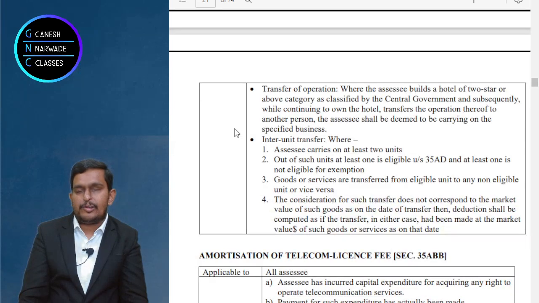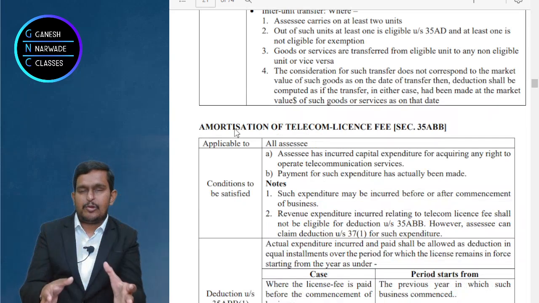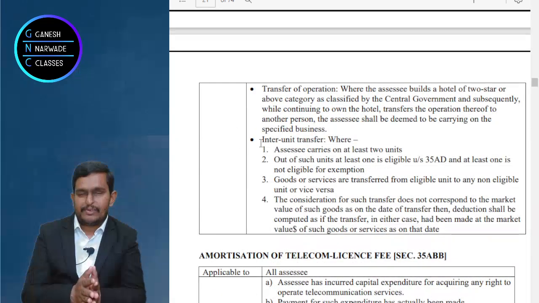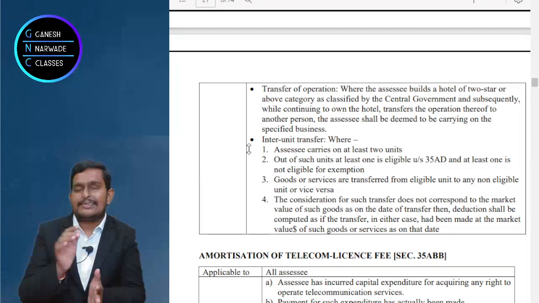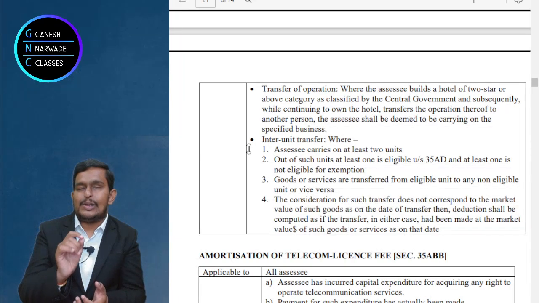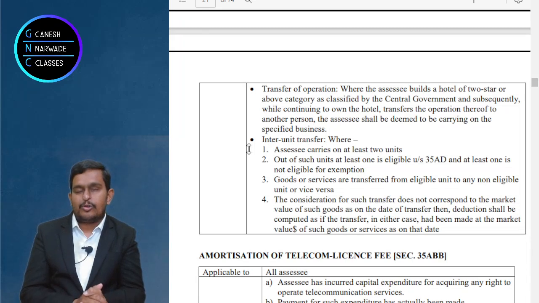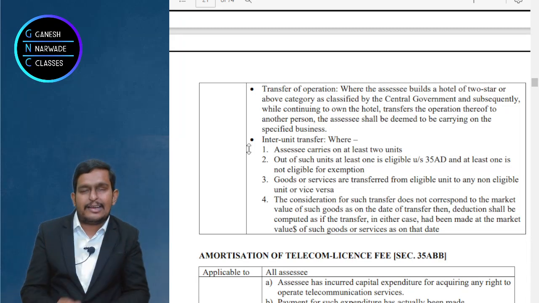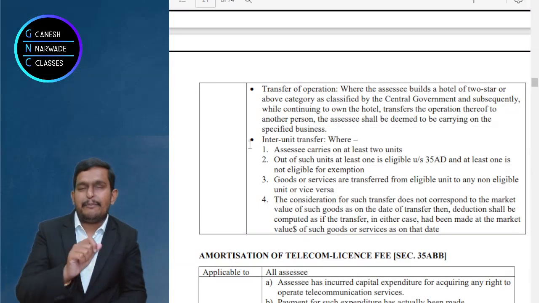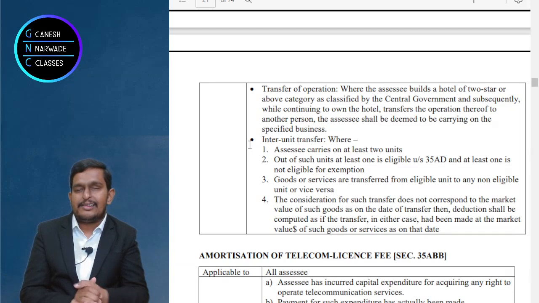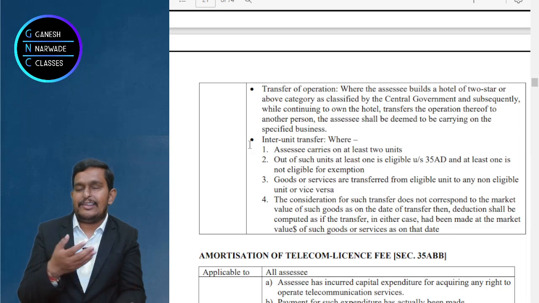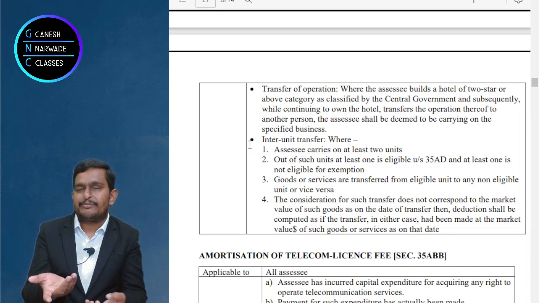Now, when I talk about insurance, suppose the whole building which you set up for the hotel is destroyed. But you had already taken insurance on that building. So you will get insurance money, right? That insurance money is taxable under section 28. Okay. So when you spent the money on the hotel, you got deduction. Now when you are getting the money back in the name of insurance, it should be taxed again under section 28. That's it. When you spend, you get deduction. When you get back the money, you should be taxed. Nothing wrong in it, right? Good.